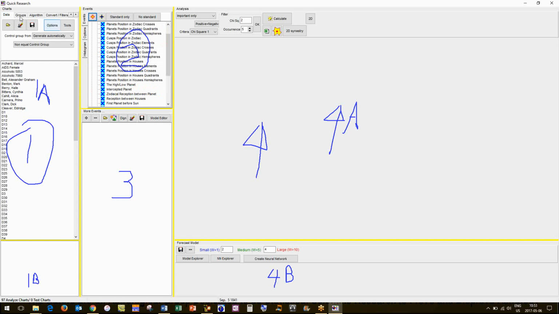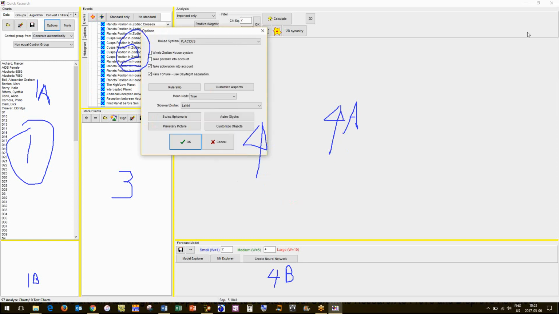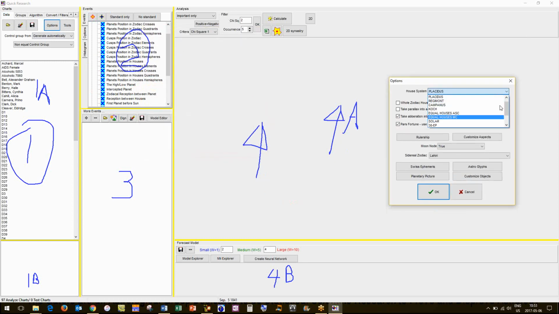Options. I didn't quite finish pulling in the data yet. Here you can set the house system that you want to use. Fast Research is set up to use tropical astrology. If you're running sidereal, you cannot use Fast Research; it's not set up for sidereal.